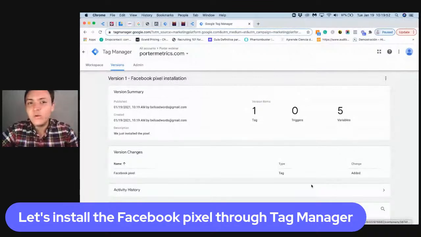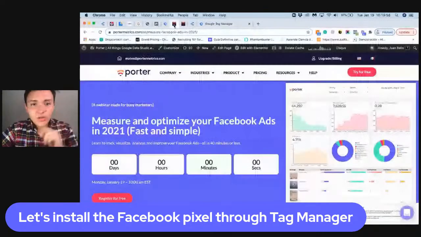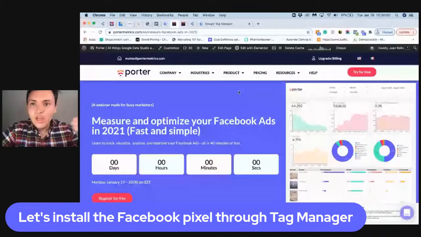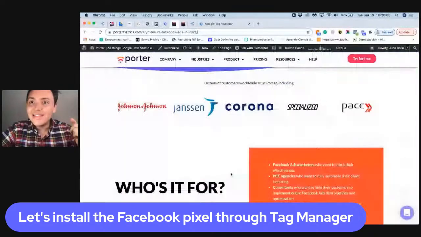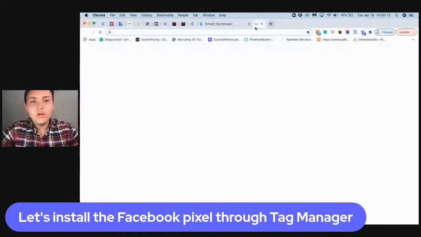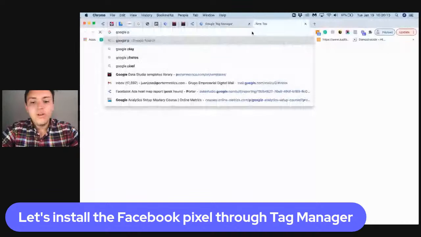I will show you how to see if it's working correctly. I will go to portalmetrics.com, and you will see how it works. How do I know if the pixel is working correctly? You will use an extension that is called the Facebook Pixel Helper. So you will go to Google, you will go to Facebook Pixel Helper,